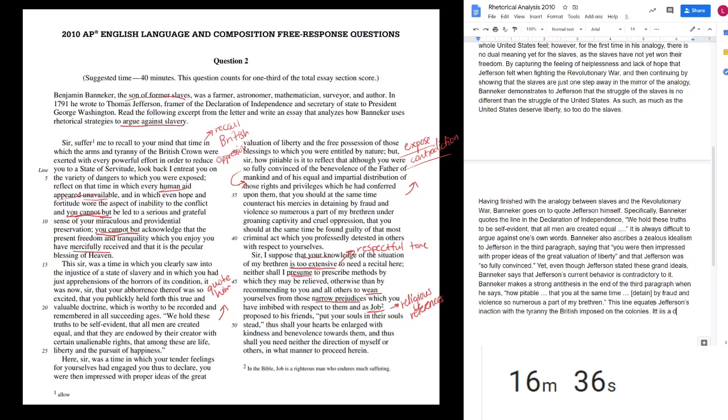It is a direct contradiction. Why am I getting these doubles? A direct contradiction to the